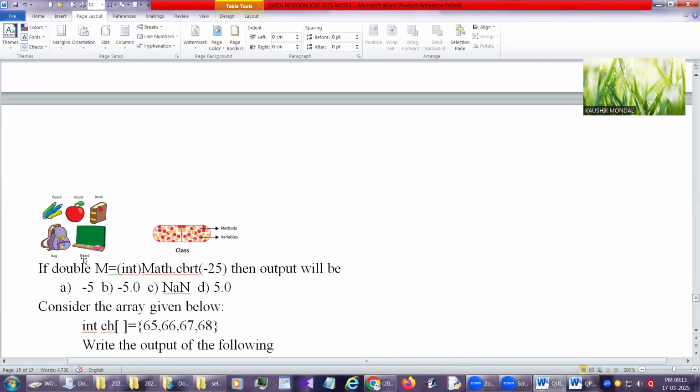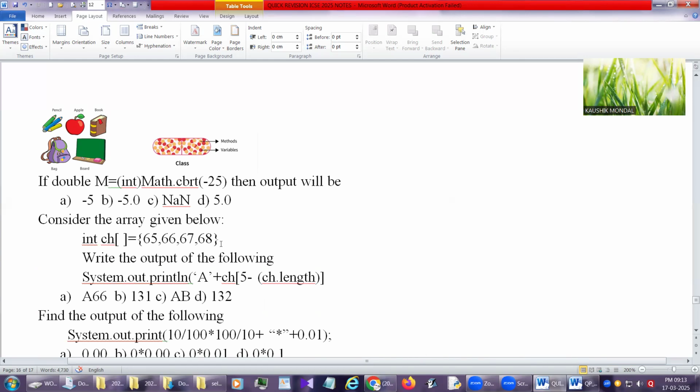This is a double dimension array, because a 4-storied building, and each store having 10 shops. So 10 into 4, 40 shops are there. This is related with the double dimension array. And what type of questions will we get?